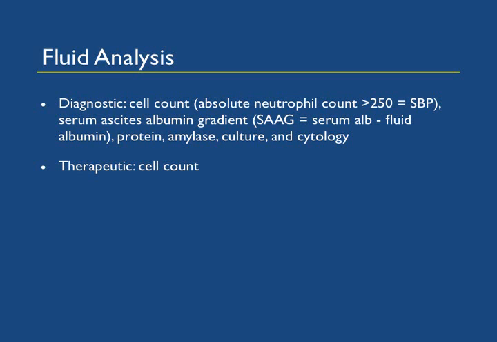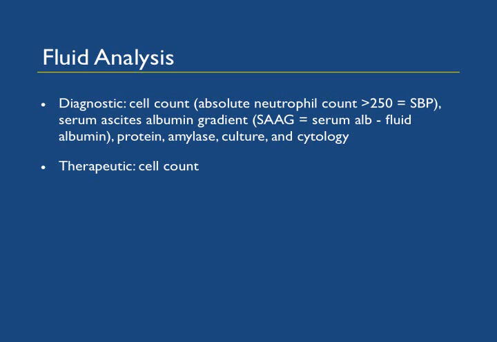For SBP, the diagnosis is made with an absolute neutrophil count of greater than 250 in the fluid. For new onset ascites, a serum ascites albumin gradient is recommended, or SAG. This is calculated by subtracting the ascites albumin from the serum albumin levels. A SAG of greater than or equal to 1.1 supports that the cause of ascites is due to portal hypertension,